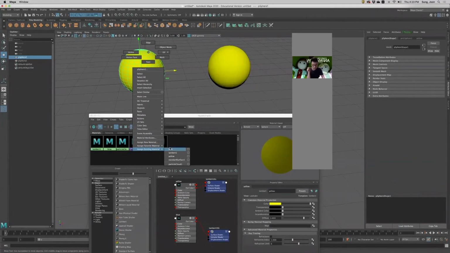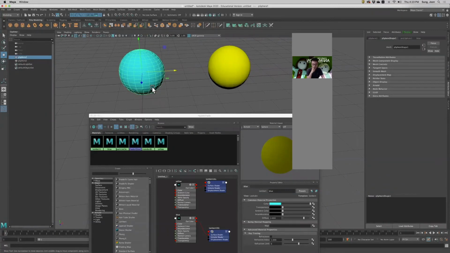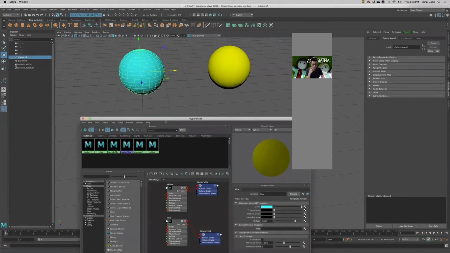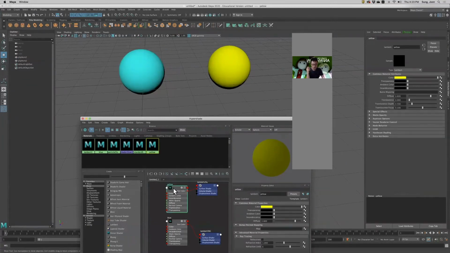And you should see blue and yellow and default as well. So you can select this blue. So you got blue here. Again, number three. Let's say, for instance, if you'd like to apply this yellow material on this blue ball, middle mouse button, and you will see a plus sign, and drag it over. Very simple, right? Again, if you'd like to apply blue, select this blue material, middle mouse button, and drag it